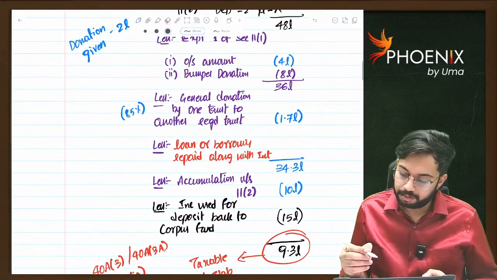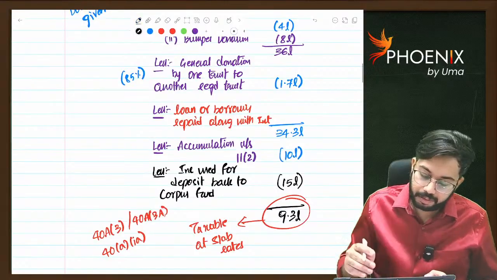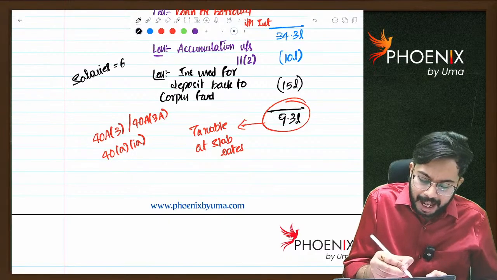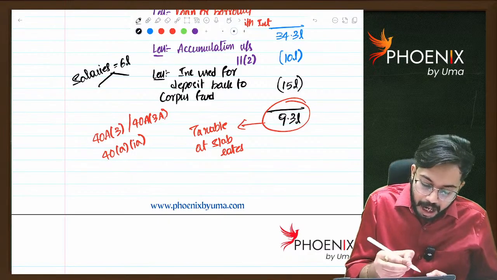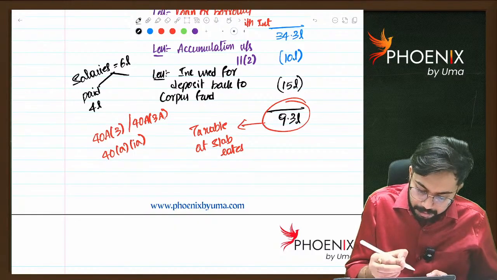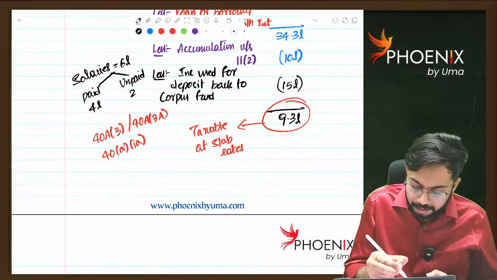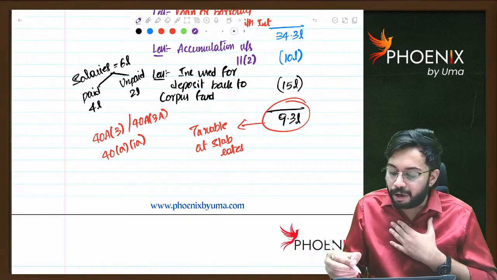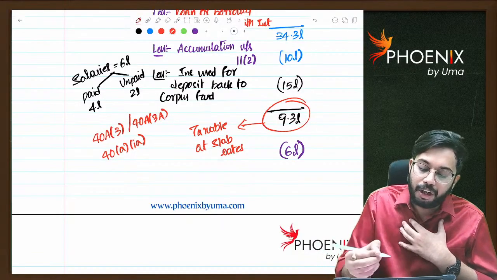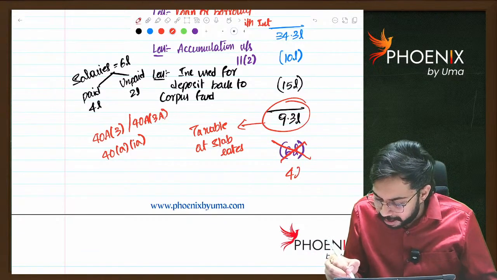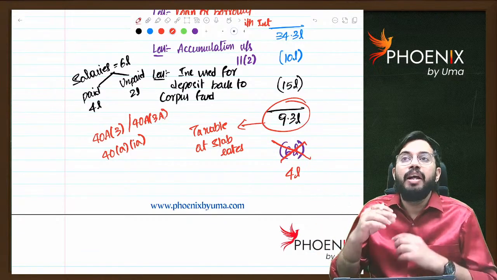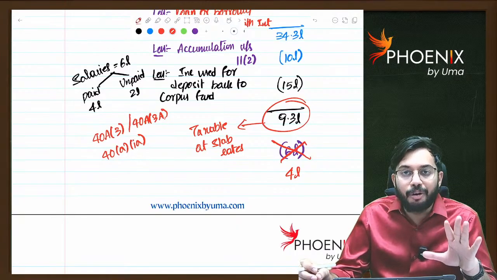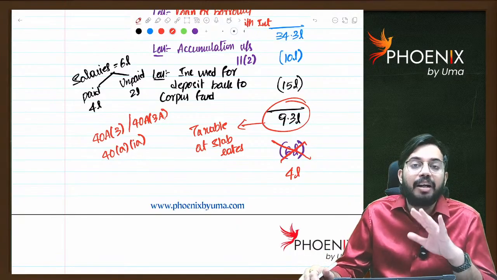See, at the end of the previous year, my salaries are 6 lakh rupees. Out of 6 lakh rupees, I paid 4 lakhs, unpaid 2 lakhs. I am following accrual basis of accounting. Can I claim 6 lakhs as deduction? Not allowed. Only 4 lakhs will be allowed. That means what? In case of trust, whatever the expenditure that is incurred by trust, that expenditure is allowed only if it is paid in current previous year. Otherwise, it is not allowed as deduction.